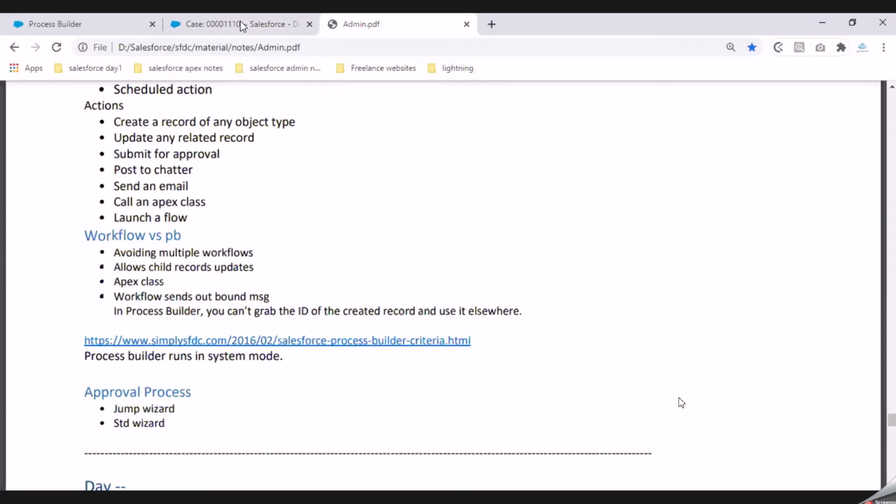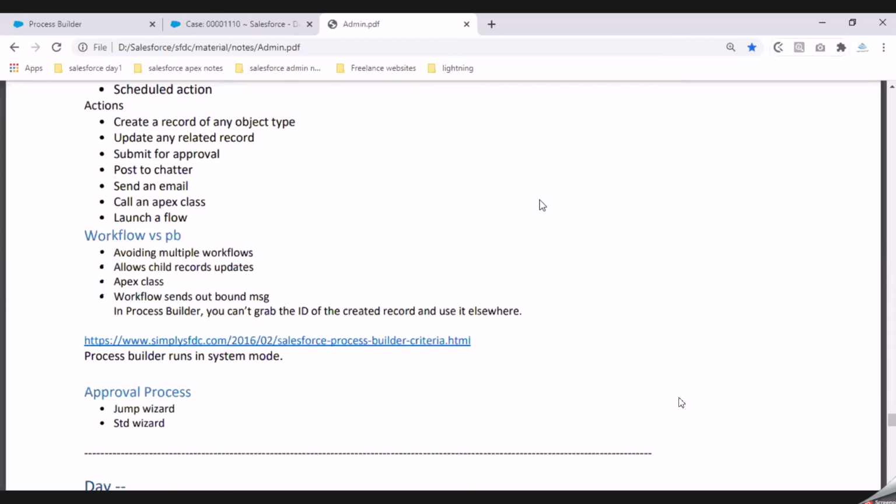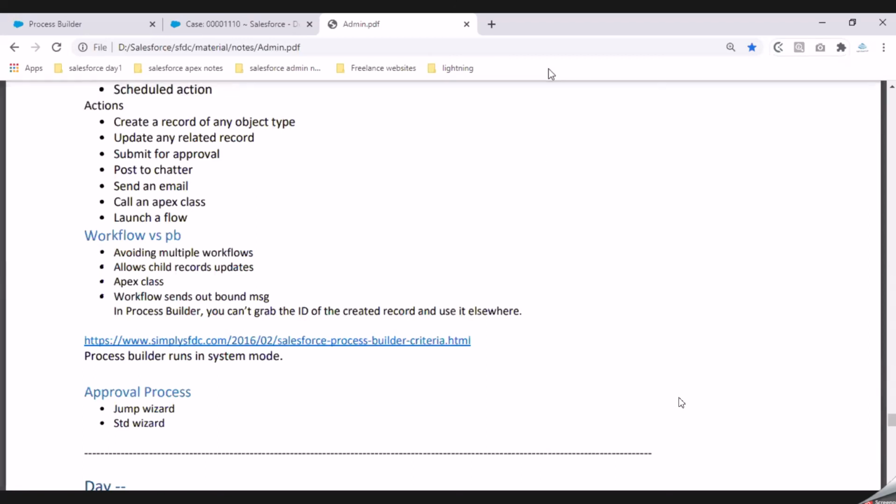Now I'll open up the session for any Q&A that you have. In case you don't have anything, feel free to take this as an example to set up the process builder with the conditions that we have discussed. The one thing that I have not set up in my process builder is the third condition where I need to set the priority field value to low. That has not been done. Feel free to take the entire exercise as homework and set that up in your org. So that is the homework for you. The session is completed. Feel free to ask me if you have any questions. If not, we can call it a day for today.